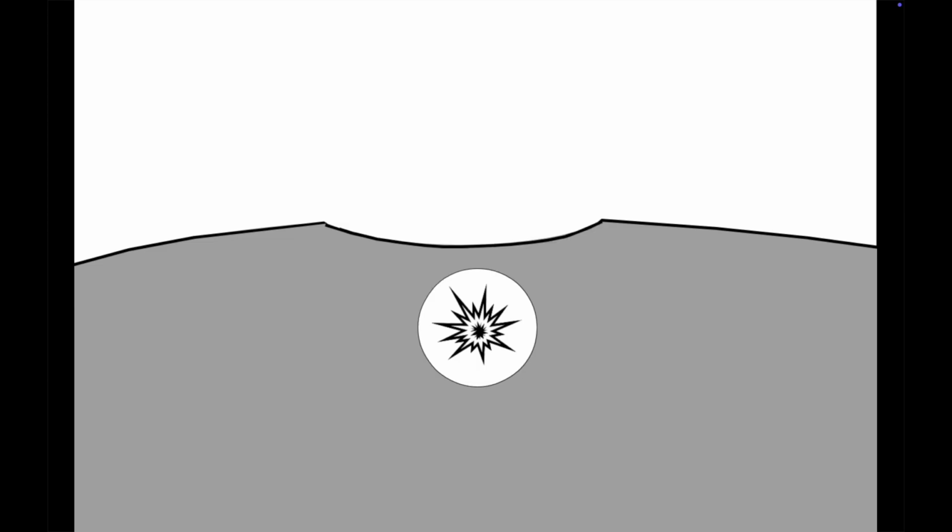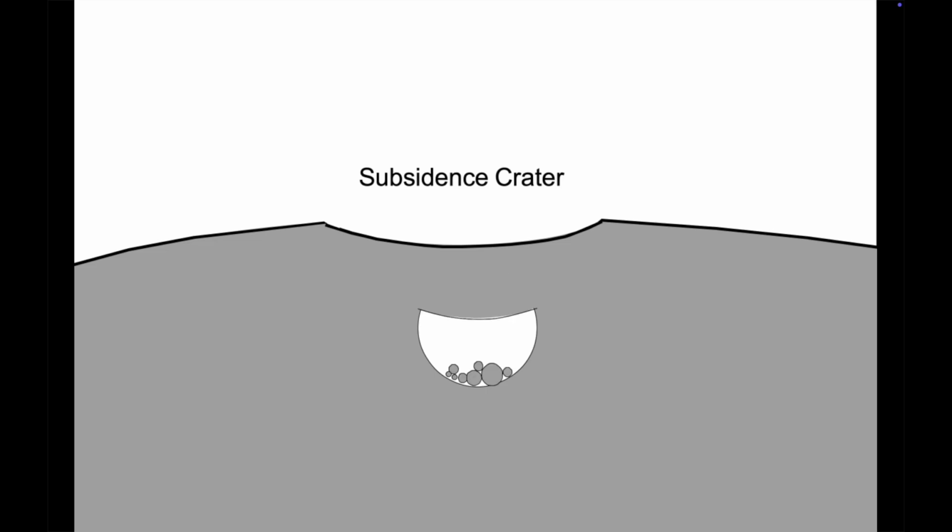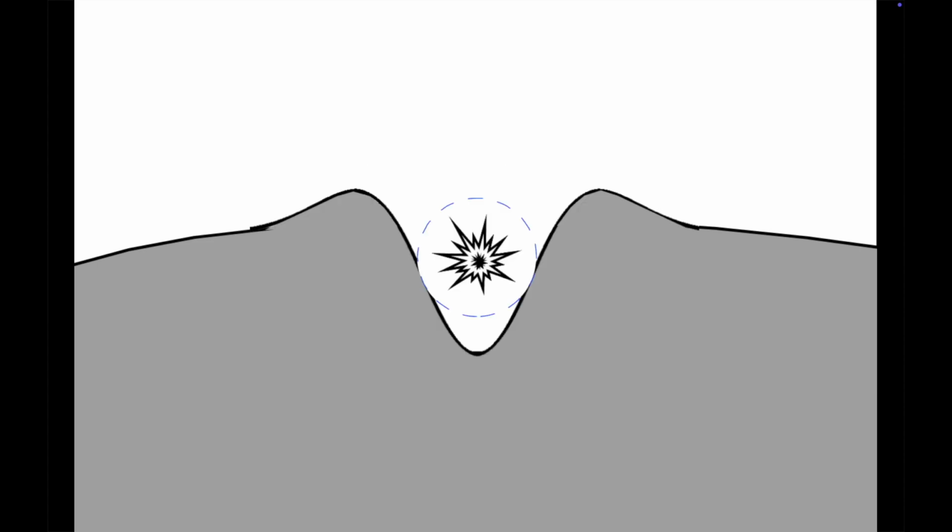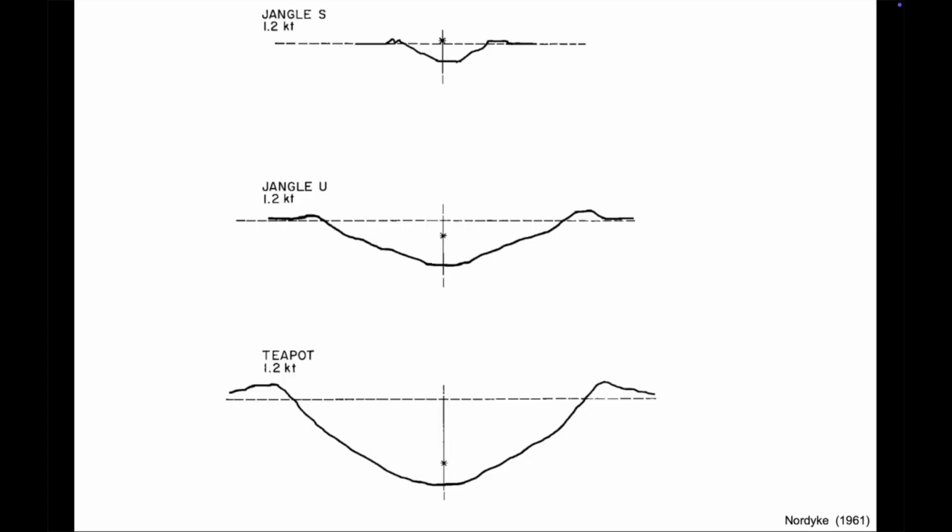Such so-called subsidence crater is typically due to the collapse of the roof of the underground cavity. Bringing the charge even closer to the surface may generate an even bigger crater. This illustration shows quite clearly how explosions with the same yield, here 1.2 kiloton, can yield significantly different craters, depending on the depth of the charge. How do you think these effects should be taken into account? We'll leave you with that.